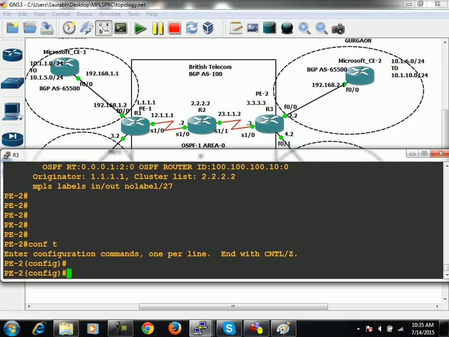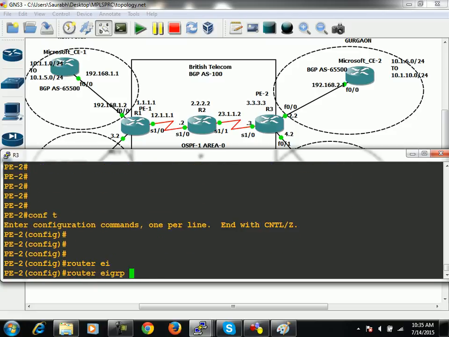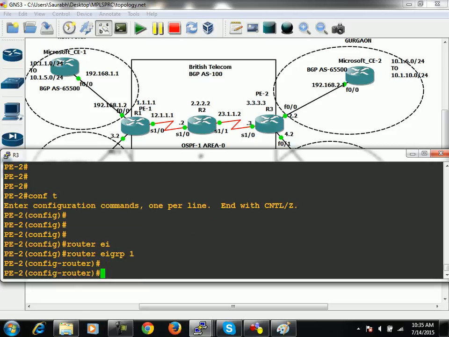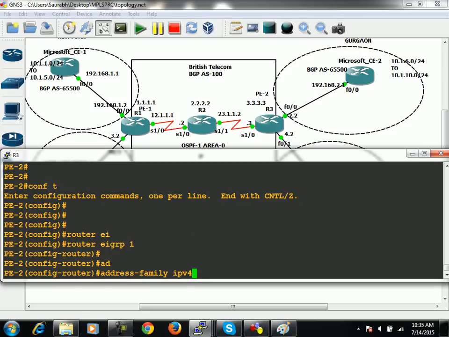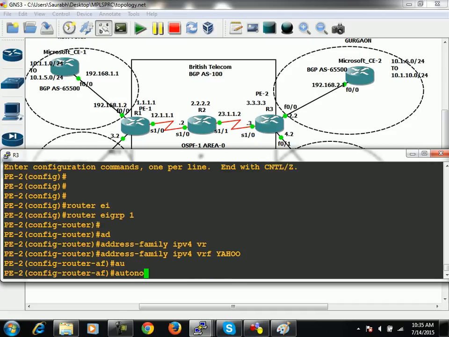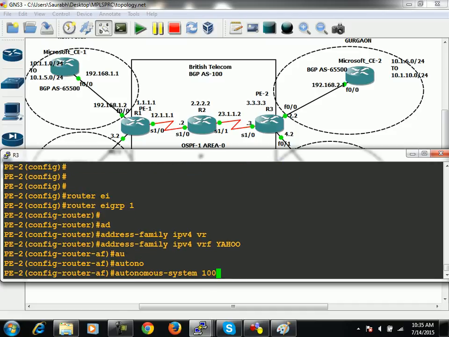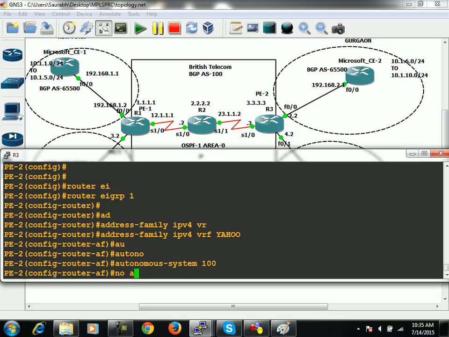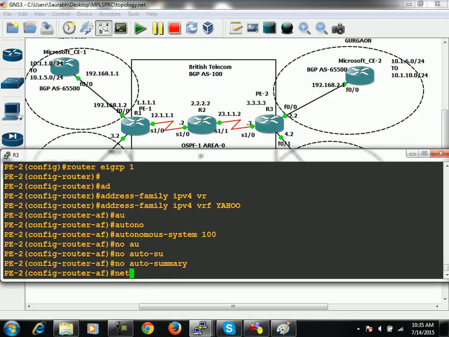PE2. Router EIGRP. We have to configure EIGRP for VRF Yahoo, AS 100, but globally you can take any AS, like I took one. Say address-family ipv4 vrf, name is Yahoo, define your autonomous system now. That must be the same as your neighbor. No auto-summary, network